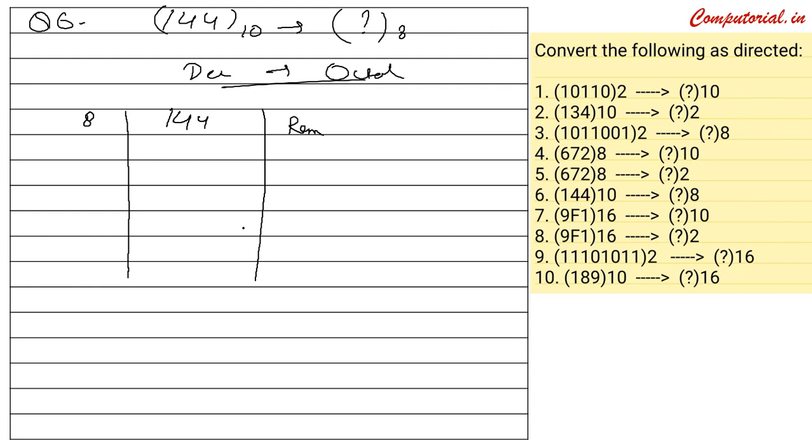Fine. Now when you divide this number 144, the important thing is that you must remember all the tables first, because if you don't know the tables, you are going to have a lot of problems in this case. So when you divide this initially, it will go 18 times and there will be no remainder. Then when you divide in the next step, it will go 2 times and there will be a remainder of 2, because 8 2s are 16, so a remainder of 2 is left here. Then when you divide again, it will not divide, it will go 0 times and the remainder left here will be 2.